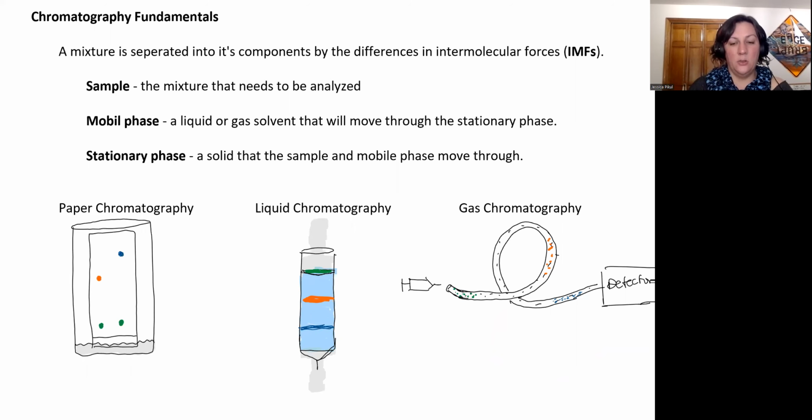Chromatography is going to use the intermolecular forces of the different compounds in a mixture to separate them. So each compound, if it is a different chemical structure, should have different intermolecular forces. Even subtle changes between structures will produce changes in those intermolecular forces that exist between molecules. And so chromatography is going to separate samples out based on those intermolecular forces,